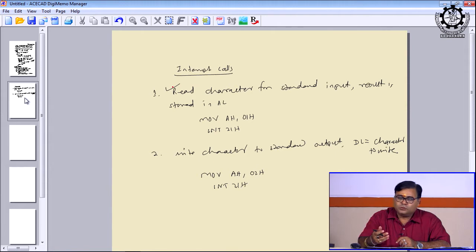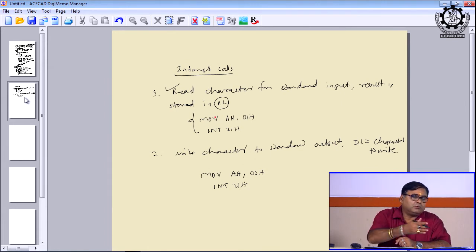microprocessor? This AL, you know, is an 8-bit register. The moment these two instructions are executed, the data which is available on the keyboard will be available in AL. Of course, it has to go via the system bus. Via the system bus, it will reach the microprocessor register, that is AL.